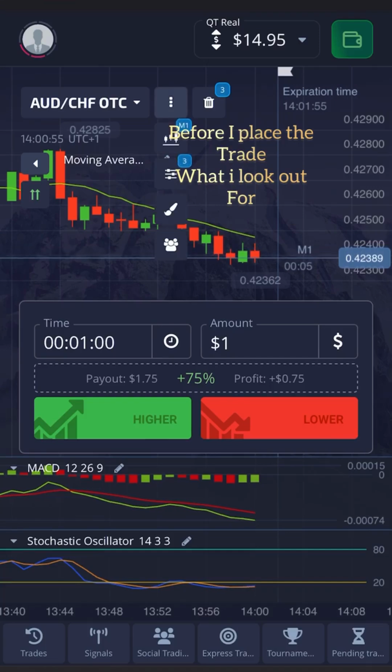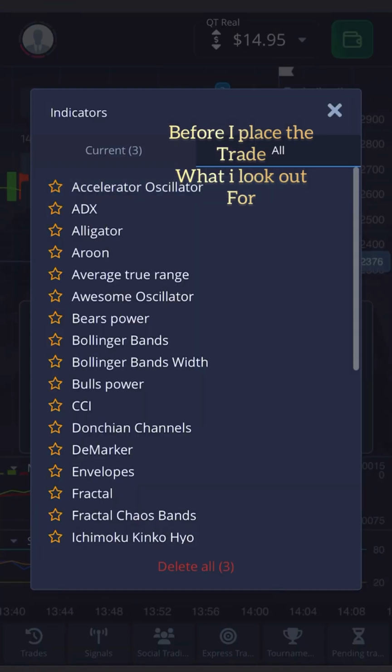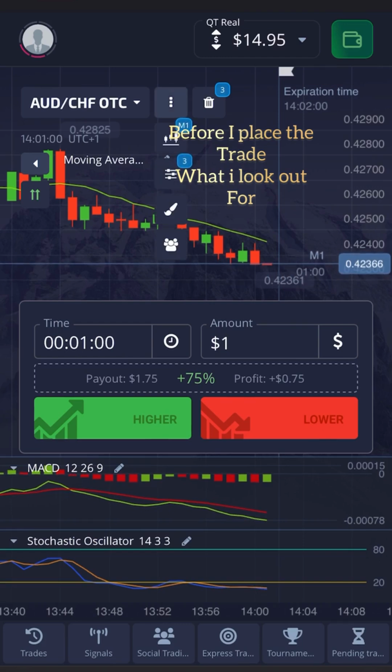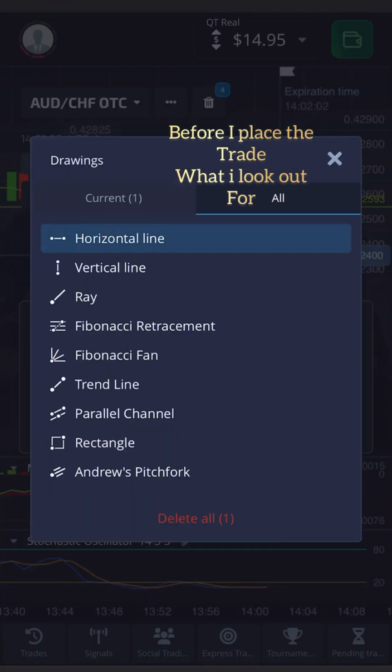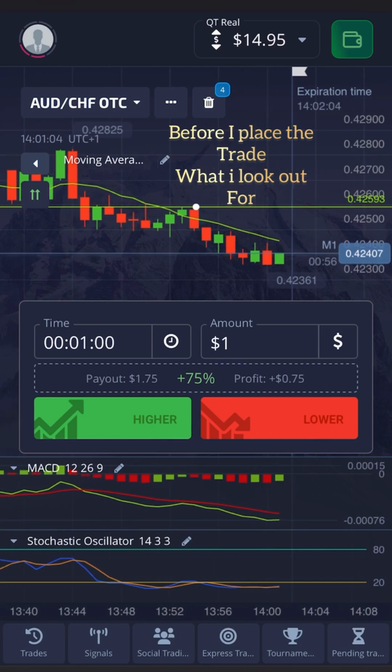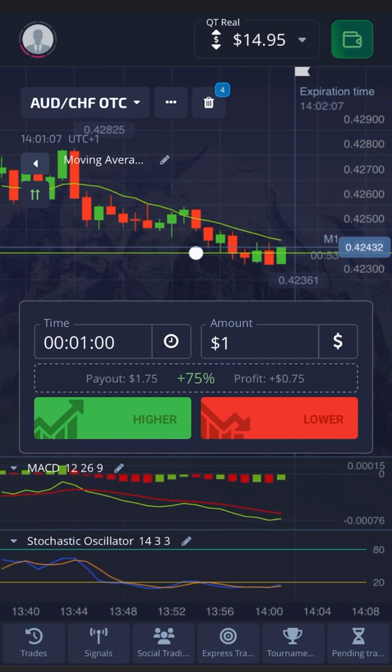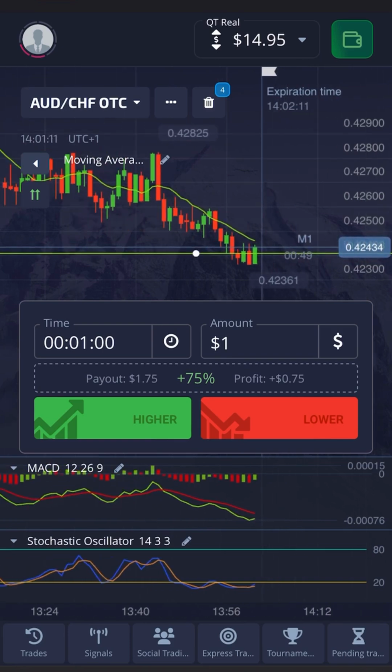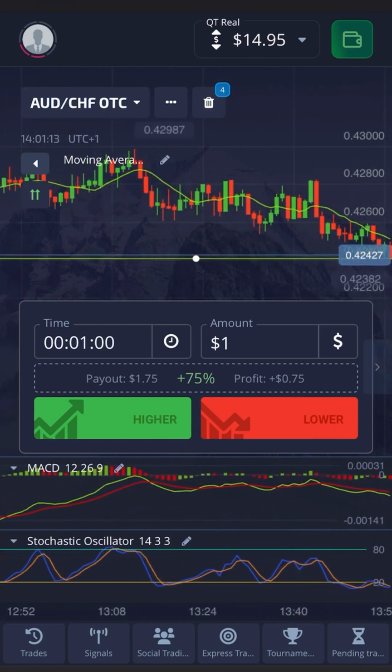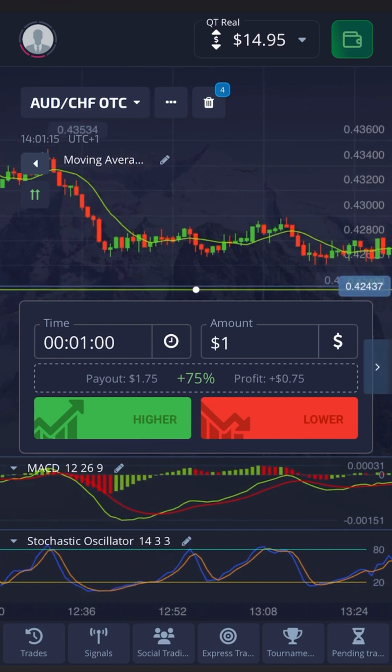I'm going to go here and bring up the horizontal line. This is the horizontal line. Okay, so I took this particular trade here. I took it here. Here is my entry point. So I now have to check what has been happening so far, like the previous